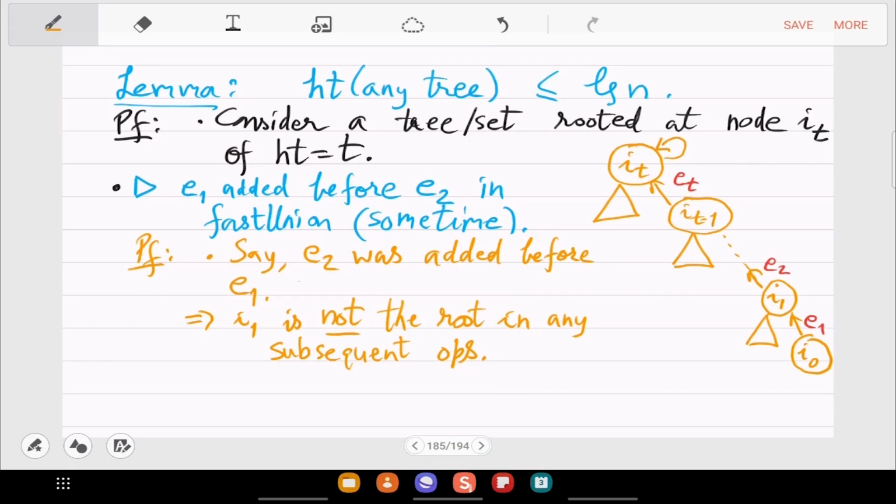So at no subsequent operation will I1 be a root from now on. Which means that E1 can't be hooked by fast union. Okay, so that is the contradiction.